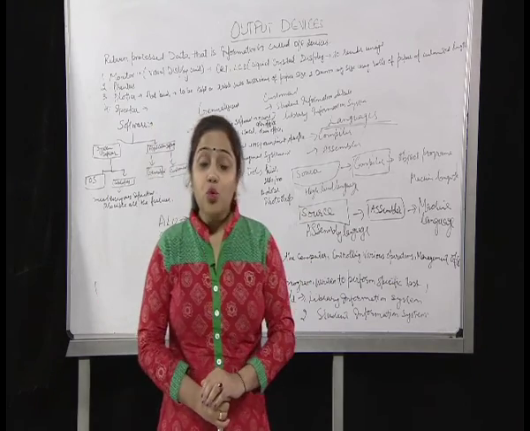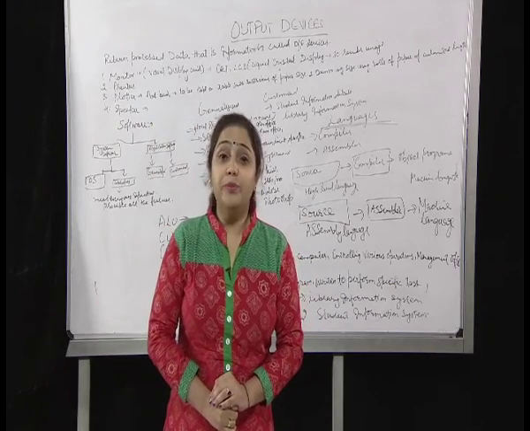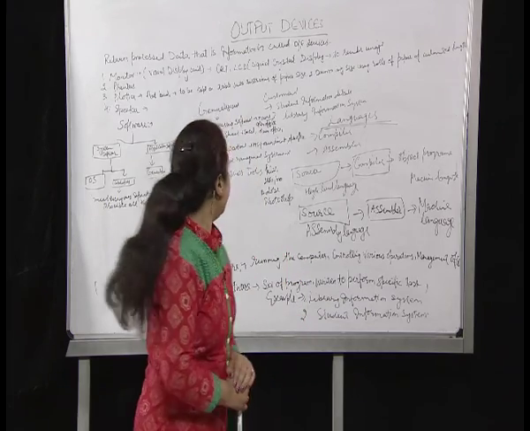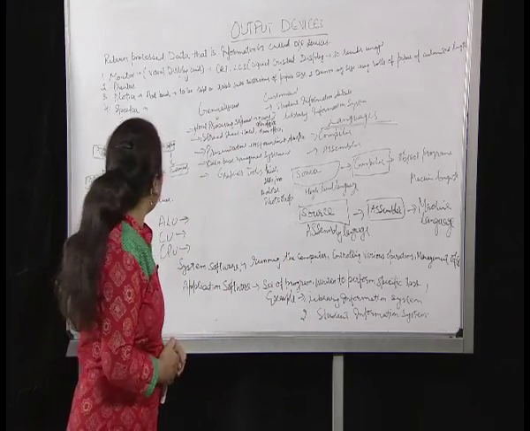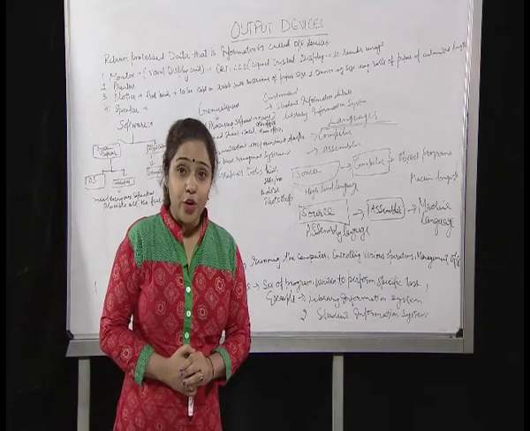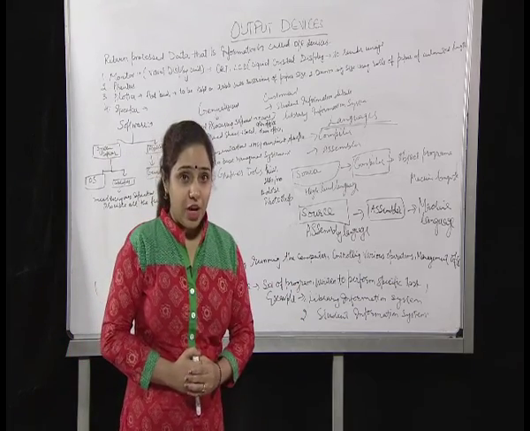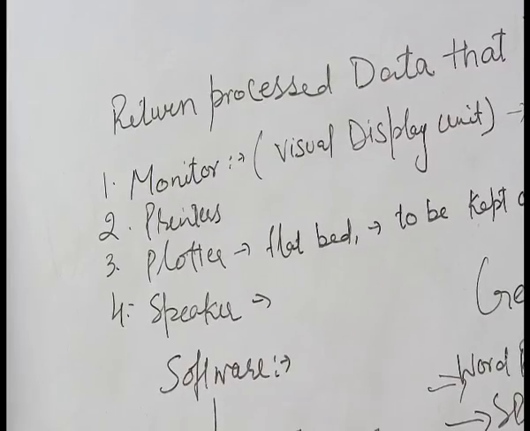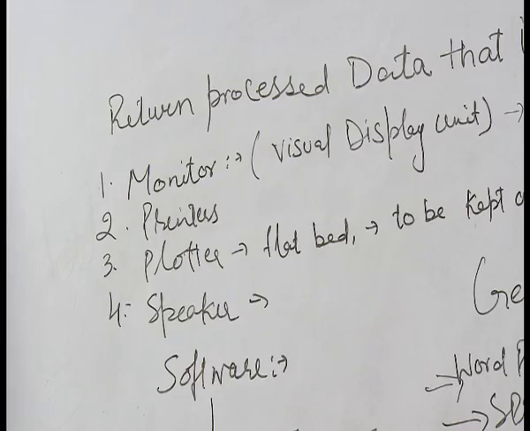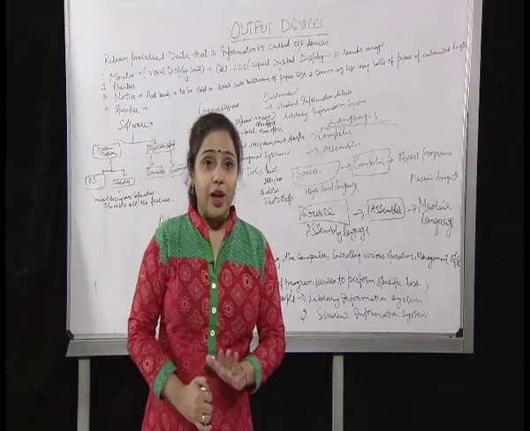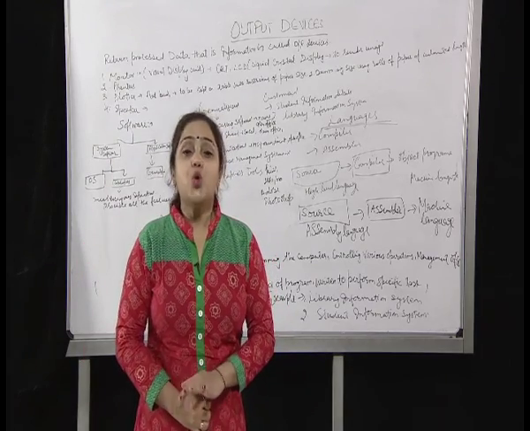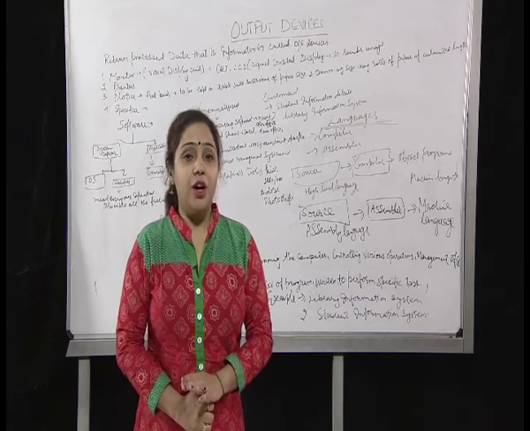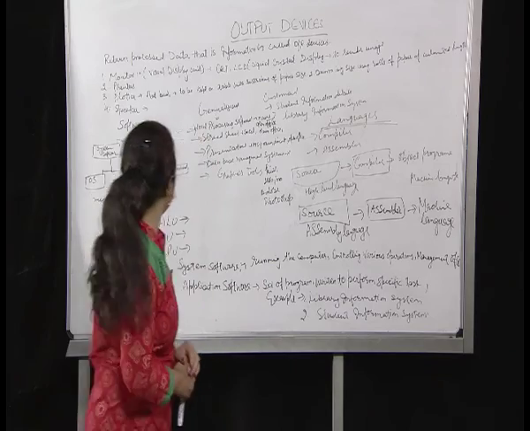So a user has to interact with these peripheral devices, and only then can they get results. All the peripheral devices are very important for the computer, whether input or output. These are very important parts of the computer. It is not possible for a computer to work without hardware devices.